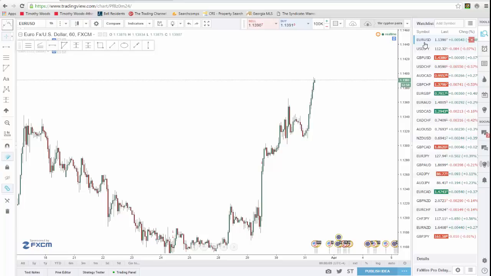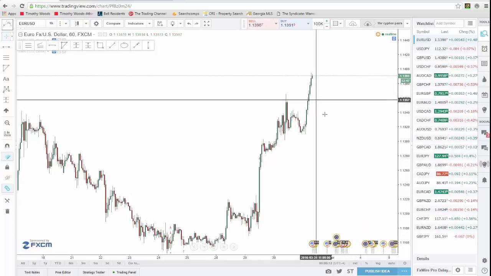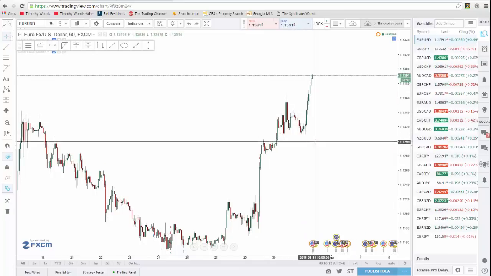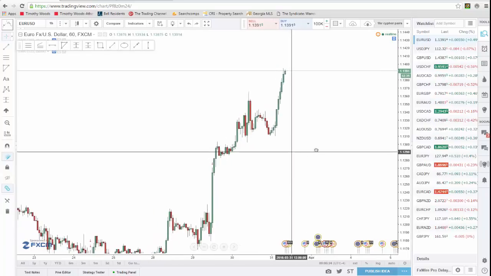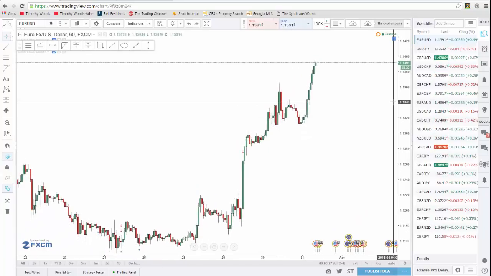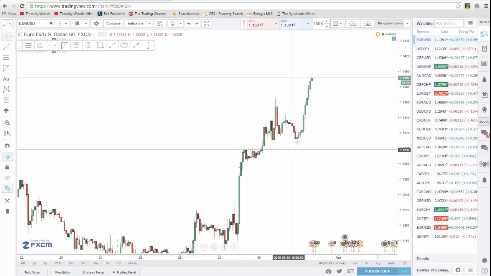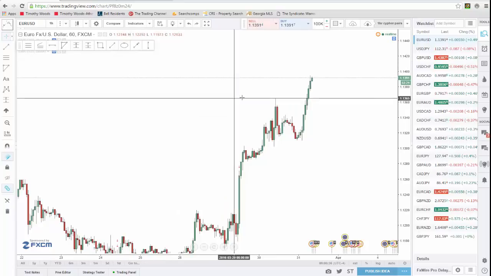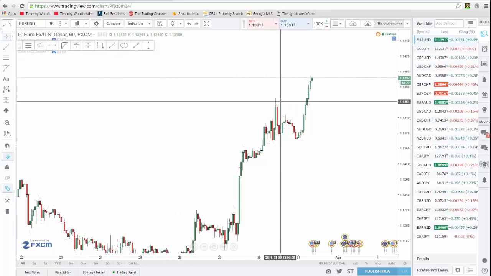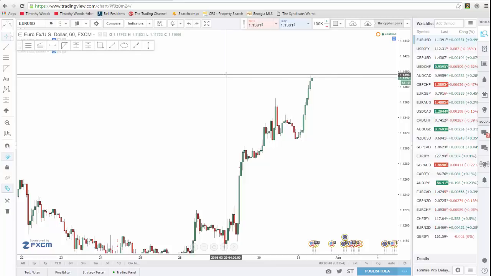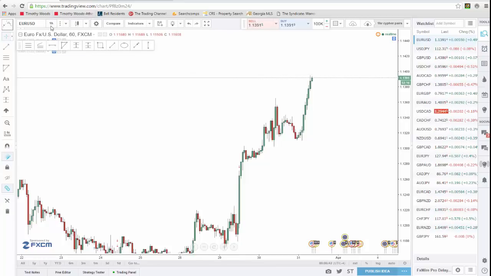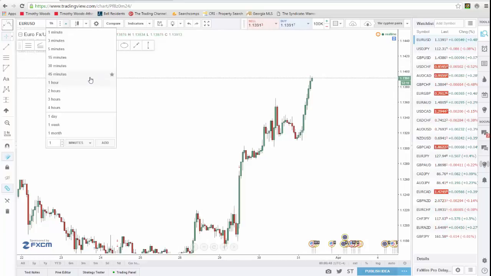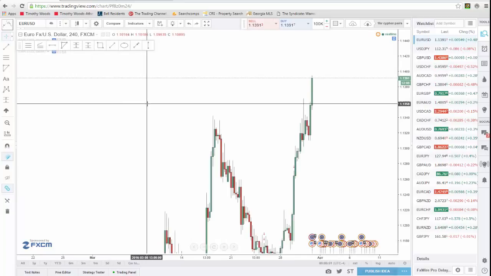So we'll start off here on the euro dollar. As you can see on the hourly time frame, we've just put in some new structure highs here, an impulsive move to the upside. So what next? Well, the first thing I want to do is see how much room we have to go up, considering that's the direction we're going now. How much room we have is determined by a higher time frame resistance or support area where I think the market could reverse. So during my morning analysis, I check the hourly chart, see that we've broken structure. Now let's head out to a 4-hour chart.